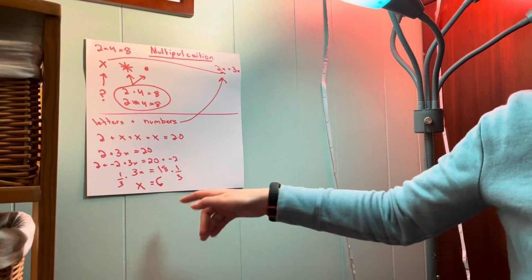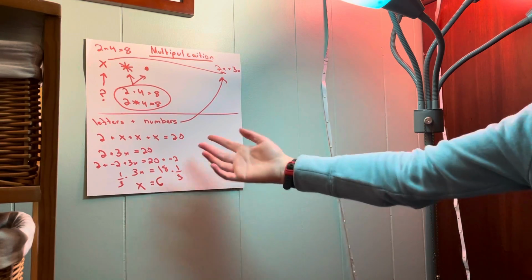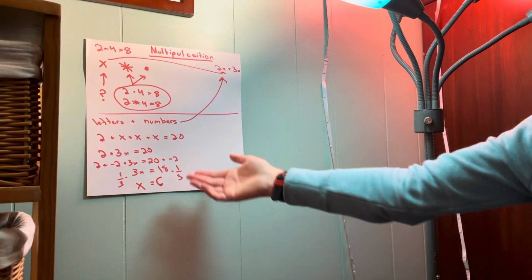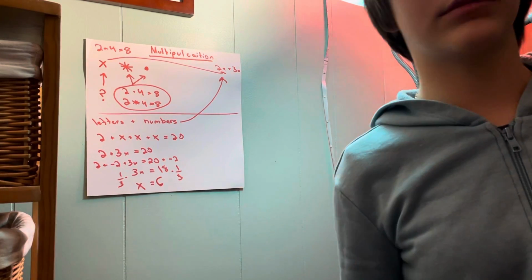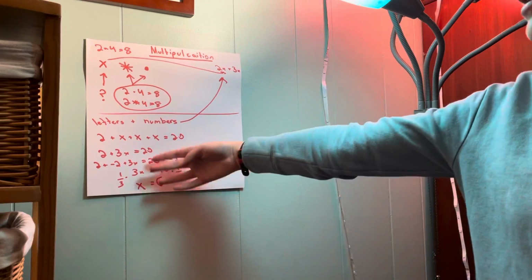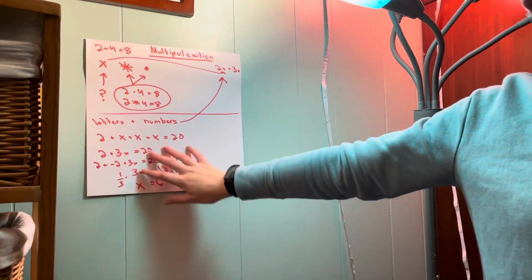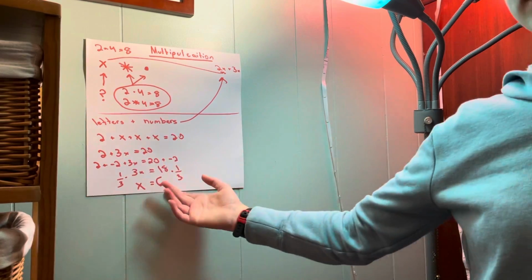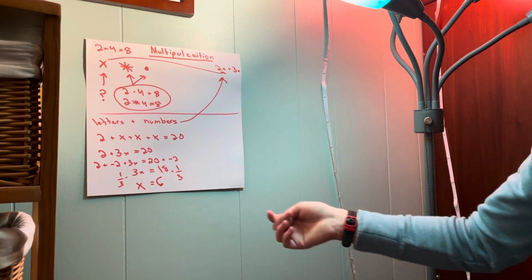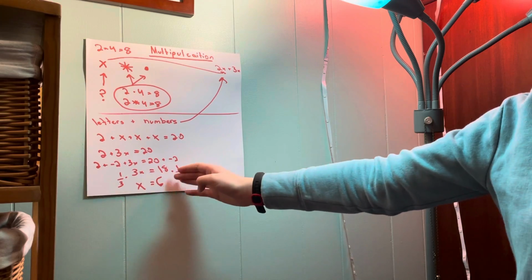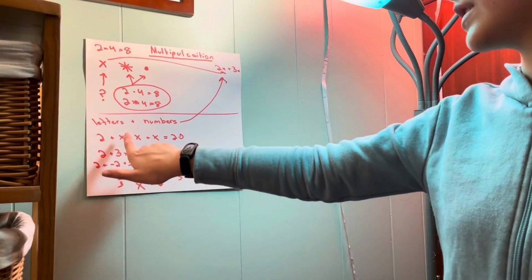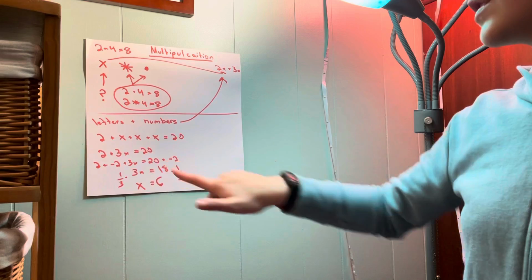Yeah, I guess it makes sense seeing how I just did it right there, but still, they shouldn't belong together. It's now x equals 6, so that was basically saying 2 plus 6 plus 6 plus 6,